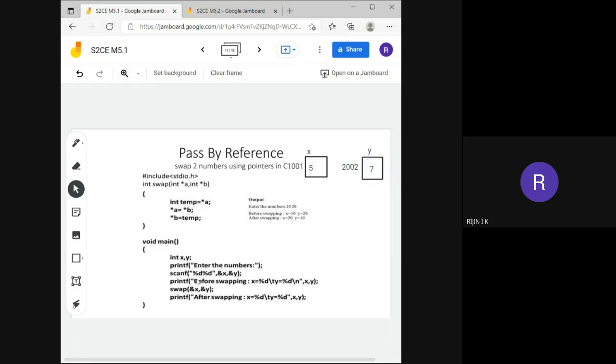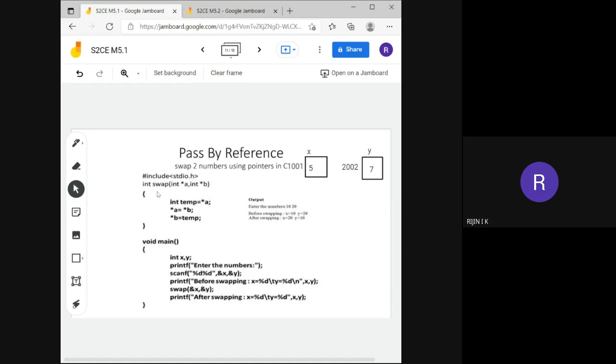So in the main program, we just create the memory locations X and Y, then assign the two values 5 and 7. Then the next statement is the function call, swap. In that function call, we will pass the addresses, that is ampersand x and ampersand y. That means we will pass the addresses 1001 and 2002 to the swap